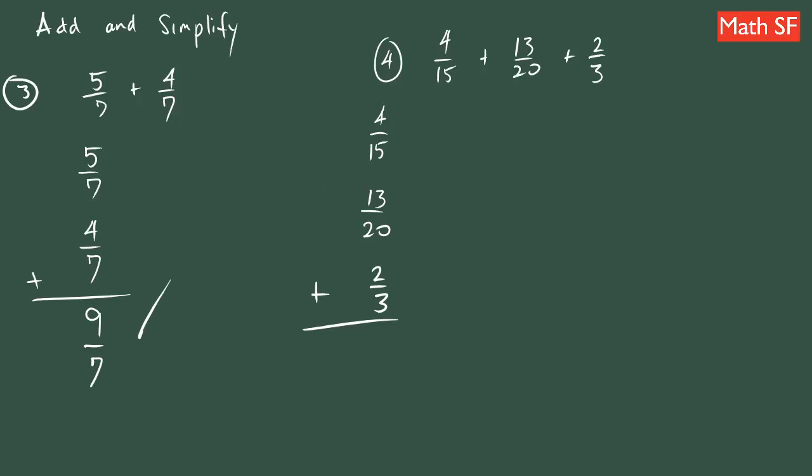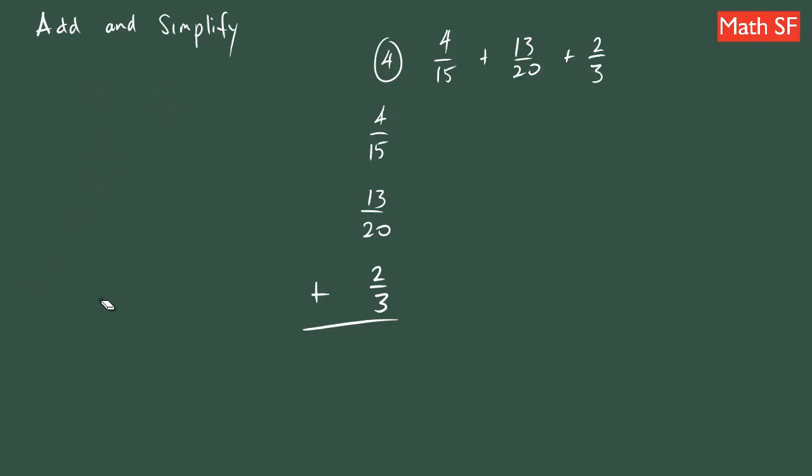So do they have the same denominator? Can we just add the numerators 4 plus 13 plus 2? We cannot do that. Therefore, we need to find the same denominator. We need to find the LCD or the LCM between 15, 20, and 3. How are we going to do that? Well, let me do that work on the side here, and let's see what the LCD or LCM will be